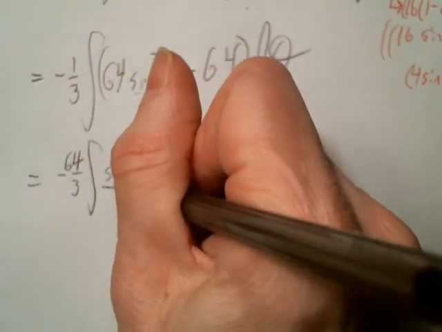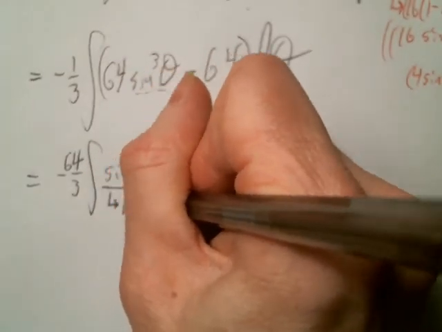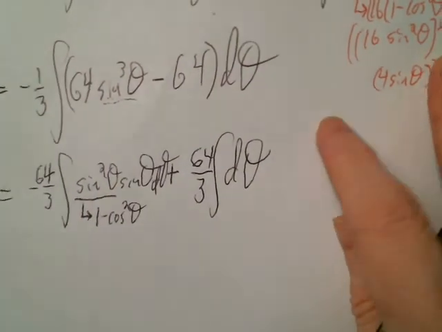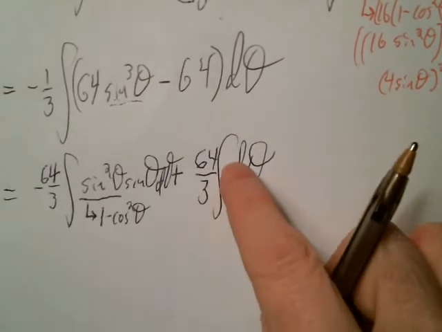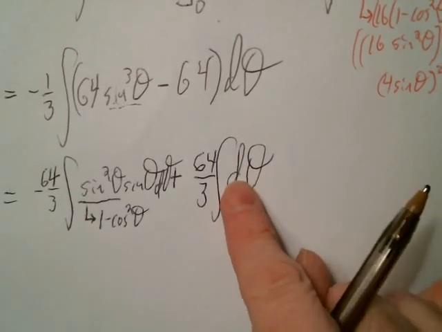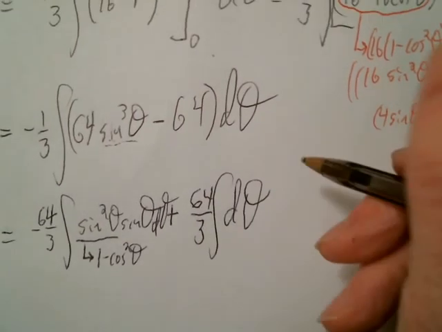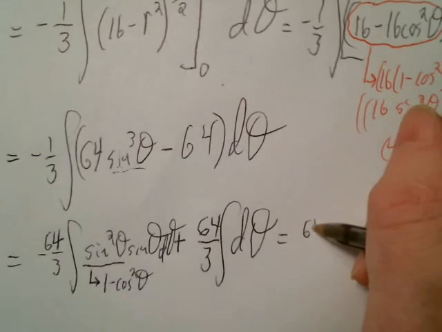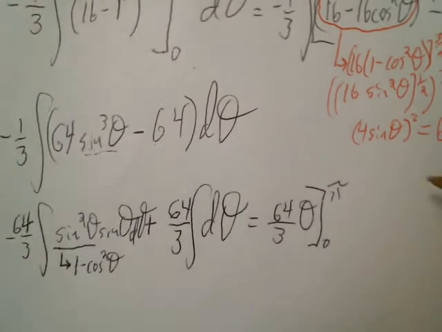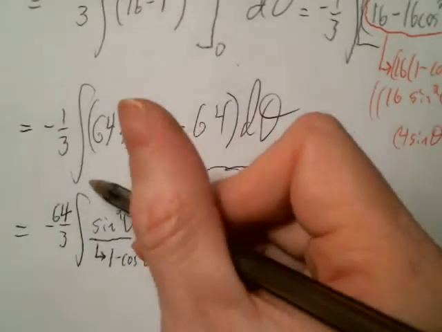On this part of it, I'm going to do a Pythagorean conversion into 1 minus cosine squared. Okay. I can go ahead and integrate the second part. And when I integrate, I'm going to put it up front. Okay, so it's going to be 64 thirds theta. And I forgot where I'm evaluating. 64 thirds theta from 0 to pi. Okay, so this first guy is 64 thirds theta from 0 to pi. That's this part. Okay, and then this part,